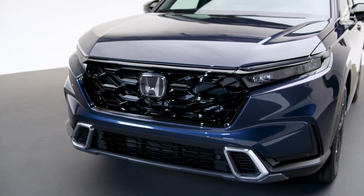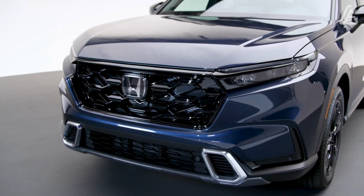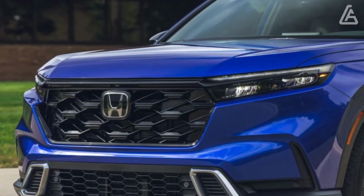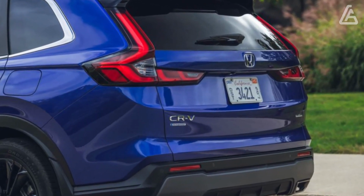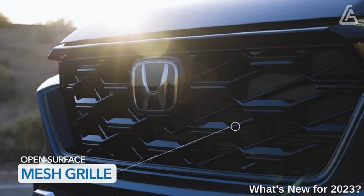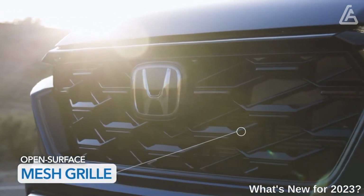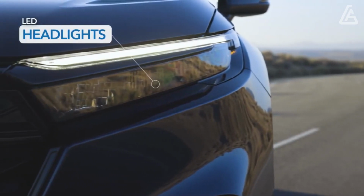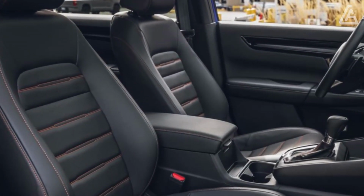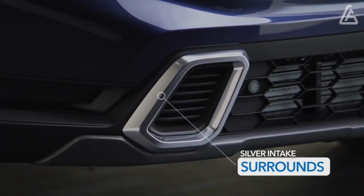Both can be paired with front or all-wheel drive, and regardless of which engine you pick, the CR-V delivers a comfortable ride and confident, while perhaps not precisely exciting, road manners. The 2023 CR-V starts off the compact SUV's sixth generation. With it comes a huge number of upgrades. It's bigger overall, sports new exterior styling, and has a roomier interior with a more refined design and